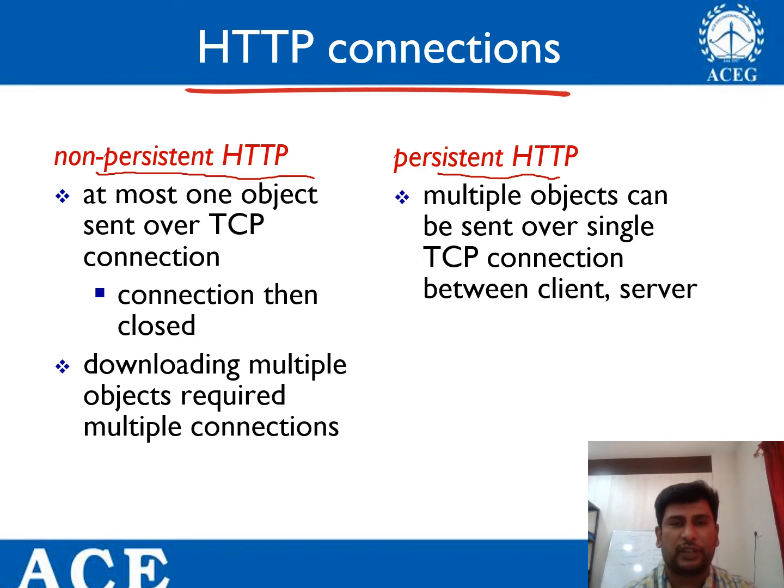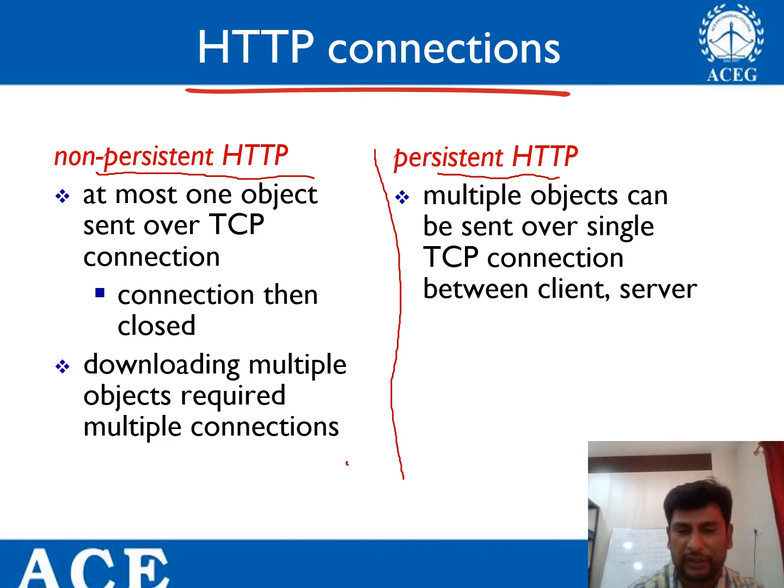Now what is it, and how are they different from each other? For instance, I have three objects to be displayed on a web page. In case of non-persistent HTTP, every time a TCP connection will be established, one object request will be made, and after the object request is made, the response will be given, and the TCP connection will be closed. So once again, for the second object, one TCP connection has to be established, then the HTTP request will